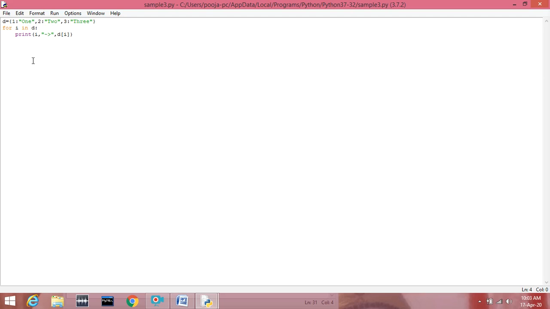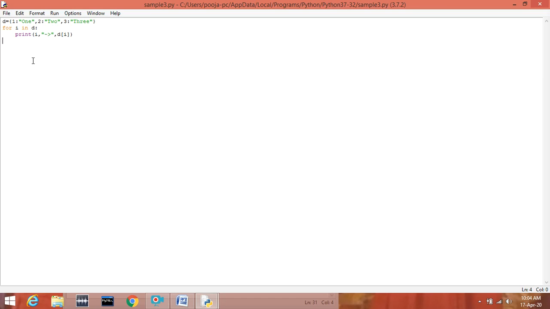Now the next operation is adding an element in the dictionary. While adding an element in the dictionary, you have to keep few points in your mind. And that are, the key being added must not exist in the dictionary. That key must be unique. And what if that key is already present in the dictionary and I am trying to add it? What will happen? It will not add a new element. It will just overwrite that key's old value.